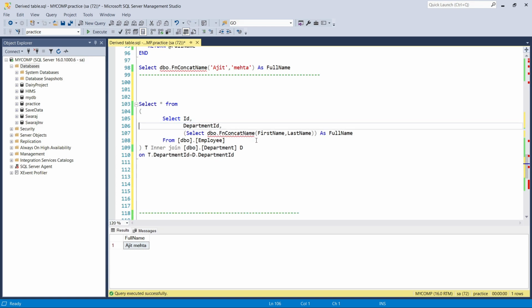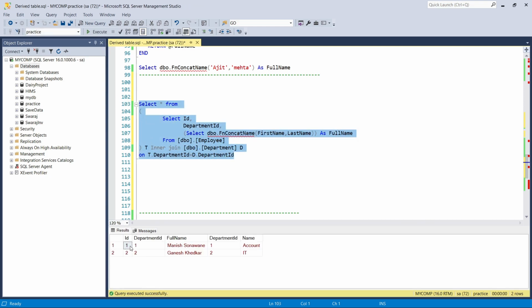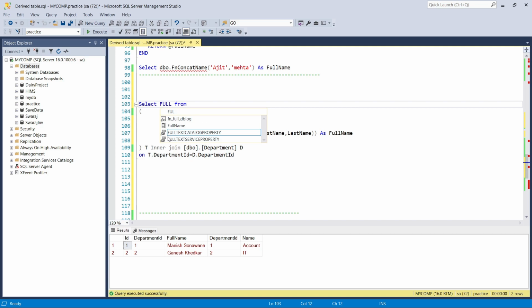It can be possible, but here the first name and last name will act as a full name from the employee. Got it? And execute it. So you will get the first name, then department ID. Here we will get all the columns, but instead of that we required the full name. Then you can mention the full name as employee name, and from the department, d dot name as